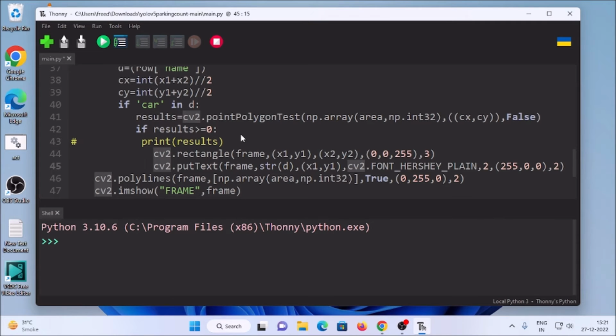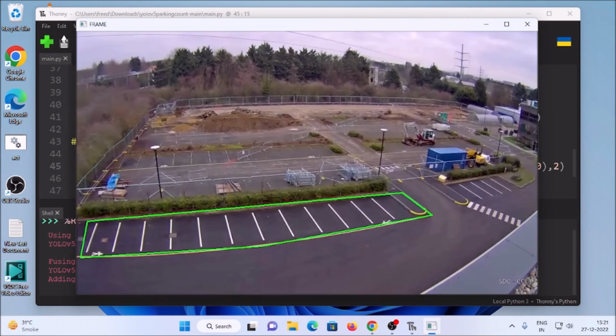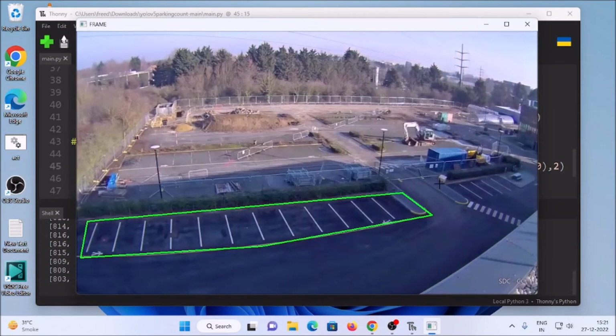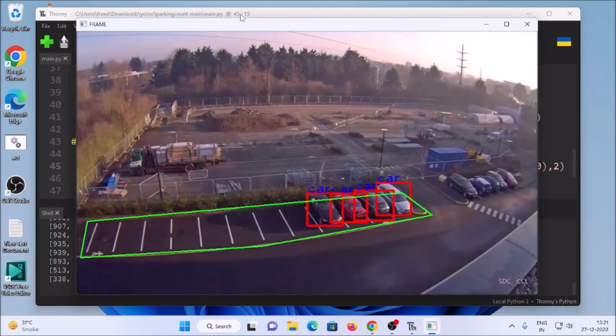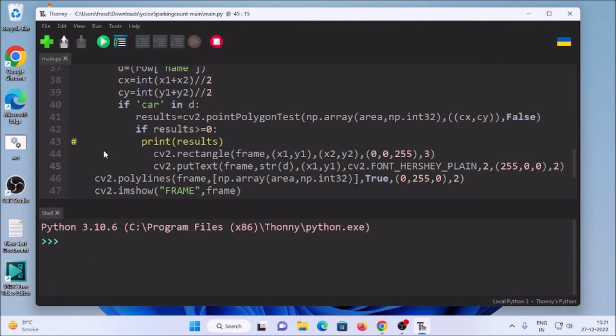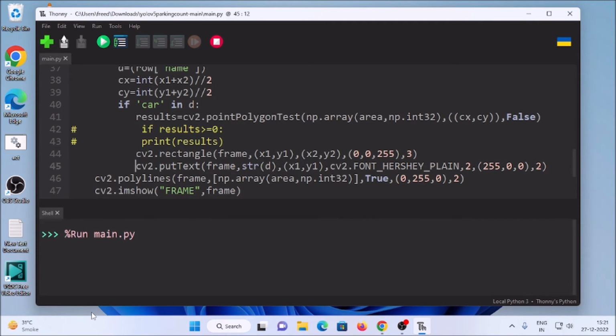Okay, so if the result is greater than or equal to 0, then we are going to detect our objects. If I save the code and run it, now as you can see, it's detecting the cars only when they are in the area. Just a minute, let me show you. I am going to comment out this if results method, and then again draw our rectangle without our if condition. If I save the code and run it,